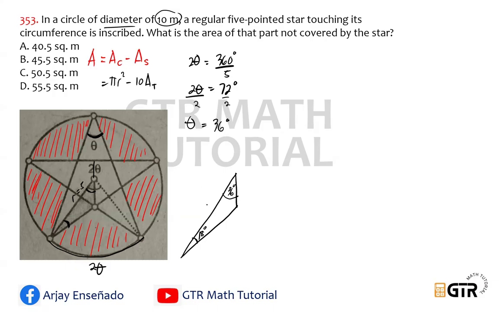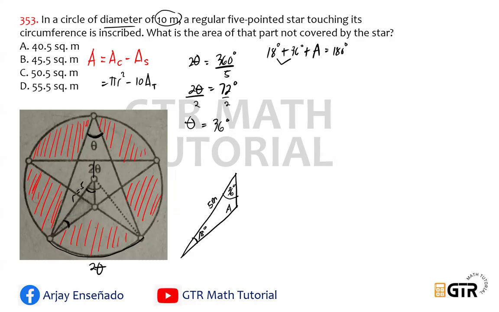So the radius here is equal to 5 meters. Okay, so we have two angles here, so we can also solve the angle here. To find this angle, let's name it angle A. To find angle A, add all the angles, and that is equal to 180 degrees according to the angle sum theorem. So therefore, we have 18 degrees plus 36 degrees plus angle A is equal to 180 degrees.